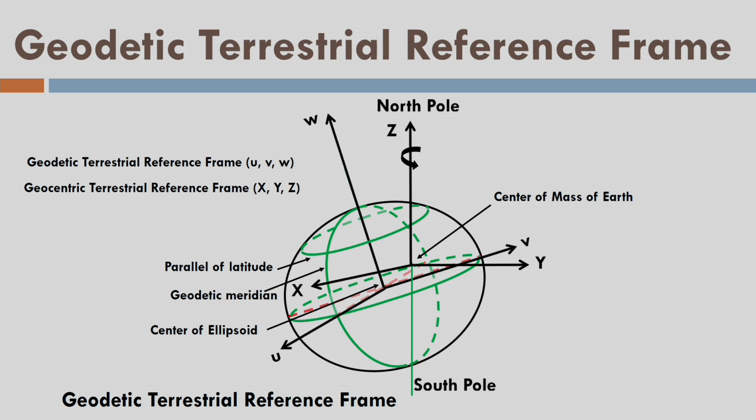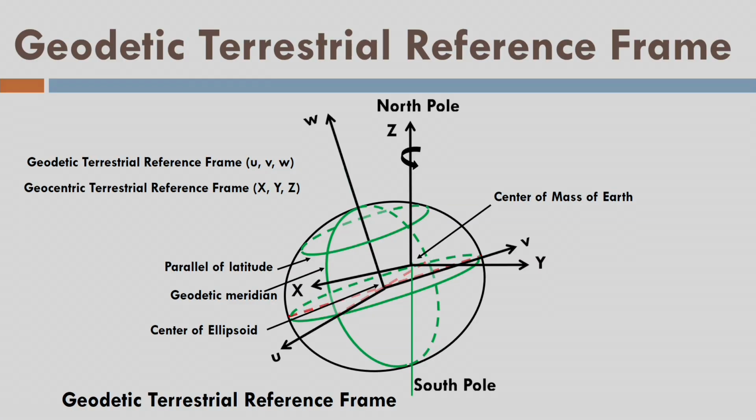Now let us come to the geodetic, where UVW axes are showing mutually orthogonal axes of the geodetic terrestrial reference frame, where the W axis is not exactly matching with the rotation axis of the earth, but still it is very close by, and the difference between the two is so minimal that we have very minor rotations between the two. But what about the geocenter and the non-geocentric location of the ellipsoid?